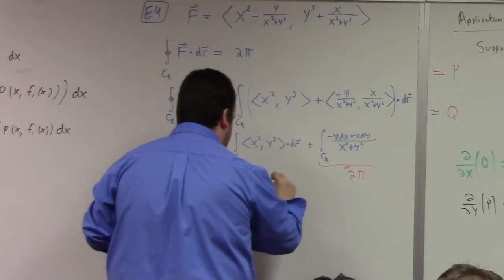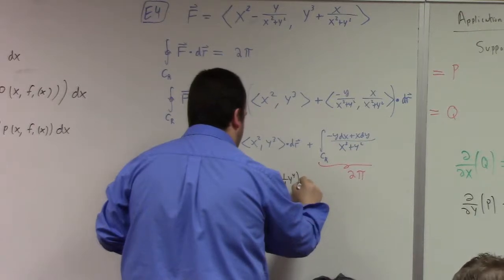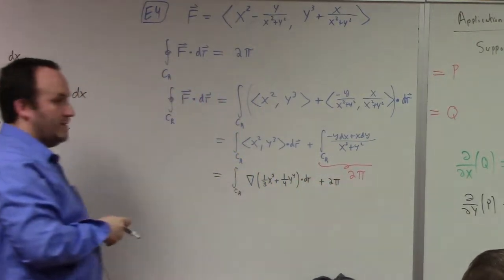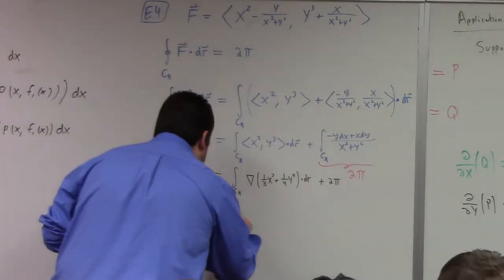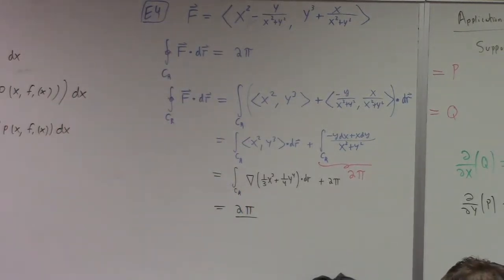1/3 x cubed plus 1/4 y to the 4th dot dr. But the integral of a conservative vector field over a loop is 0. Apply the fundamental theorem of calculus. Whatever floats your boat. The point is we get 2 pi. Right? Now,